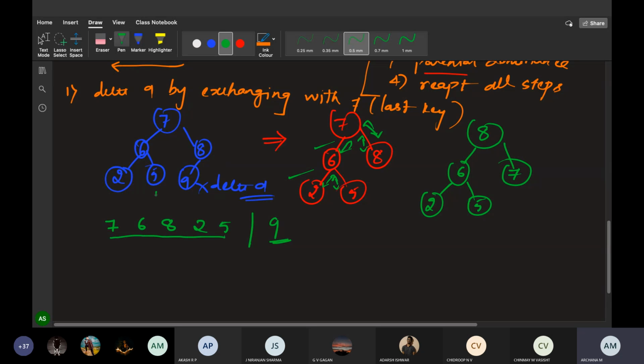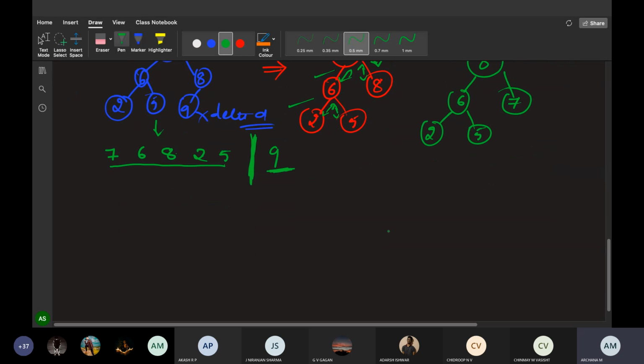Look here, I have to write this tree 7, 6, 8, 2, 5, 9, delete 9. Just mark this so that it will be easy for you. 9 is deleted. Okay, now after deleting 9, where do you have to put it? You have to put that in the form of an array. Just note it somewhere. Here deleted. Make it a little dark so that you will come to know.